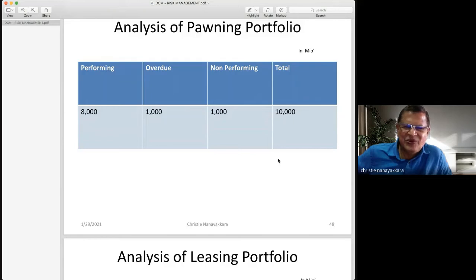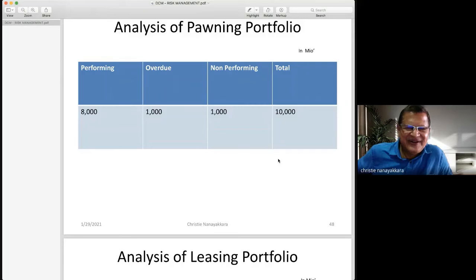Certain banks have a loan to value ratio. Value means the value of the gold they keep as collateral. Loan to value means if the gold is worth 100,000 and you give 65,000 as pawning, then your loan to value ratio is 65%. So what we have checked here is that the overall total portfolio is 10 billion,